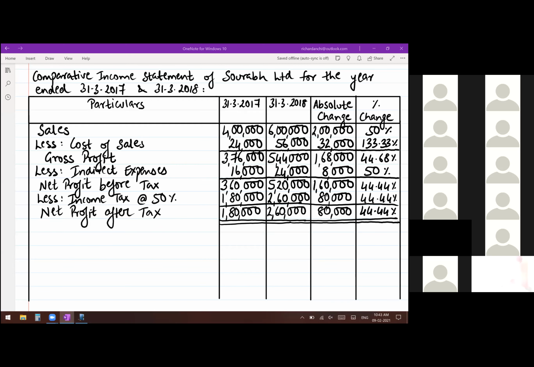That's it. Question number 6. This is the solution. Have a look and see whether you have understood all of the items there. Preparing income statement is much easier, smaller compared to balance sheet. What you did for absolute change and percentage change, that remains the same whether it is the balance sheet or income statement. Only the way of presentation changes, of course.